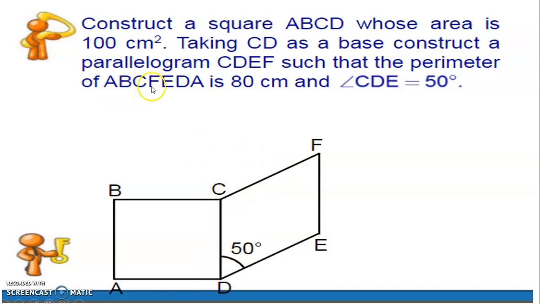1, 2, 3, 4, 5, 6. Yes, 6 alone. See, they have completed with DA, no? So 6 sides alone. If there is no A here, you will start with DA again by naming it. So that's the mistake I made. So it has only 6 sides.